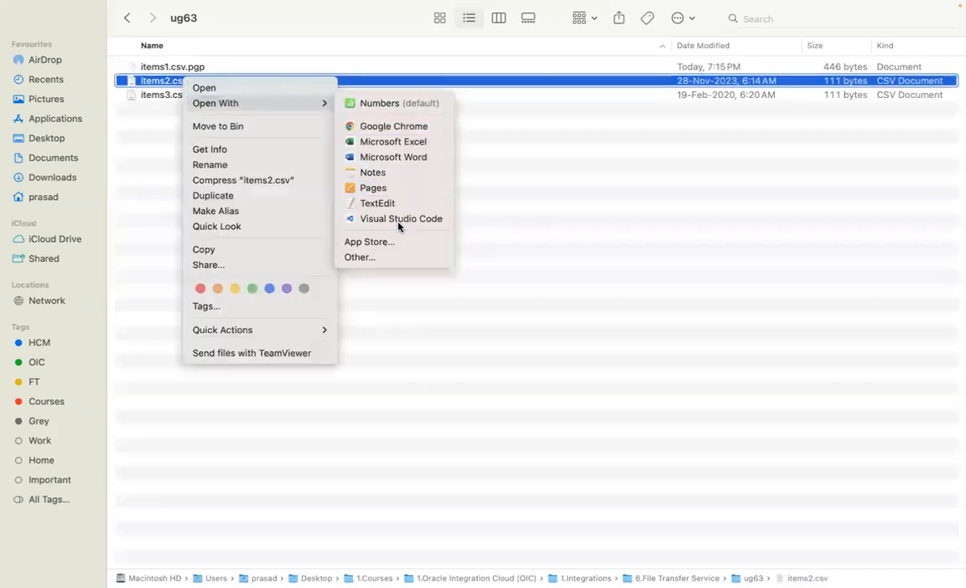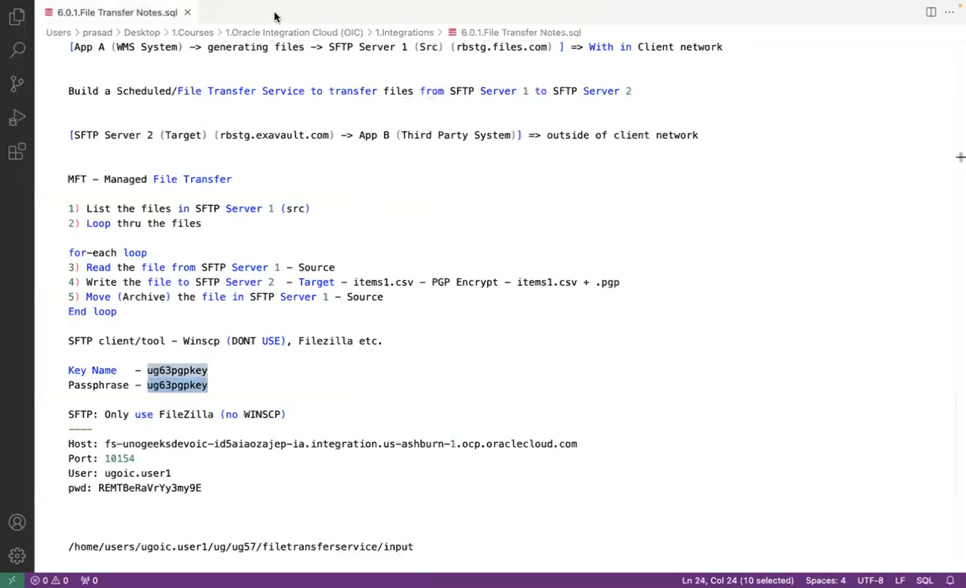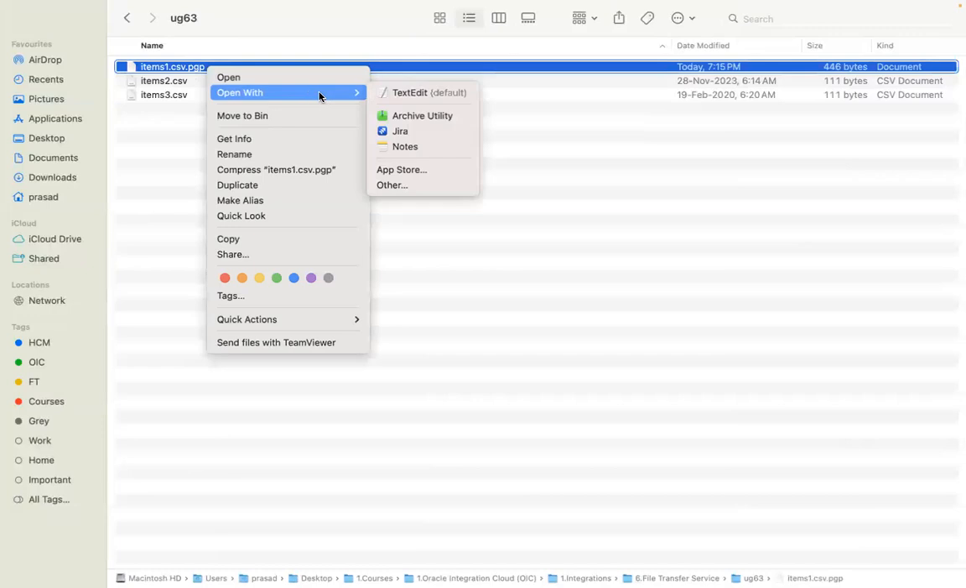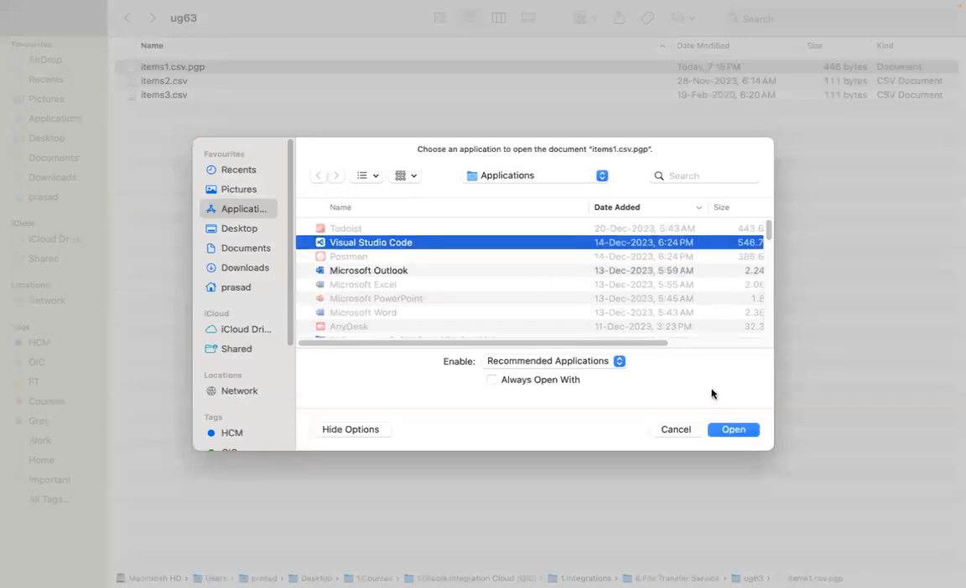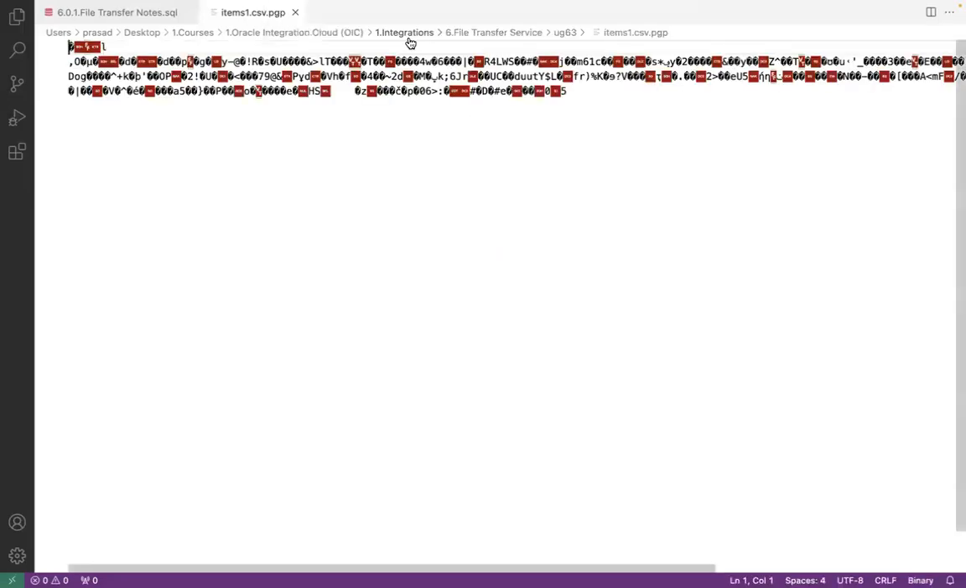Let me show you how the file content is going to look, guys. If it is a plain CSV file, you open it with a text editor and you get to see the content, right? But let's see what would happen if I open this encrypted file. Would I be able to see the content, guys? Any guess? No. So if I pick up this text editor,